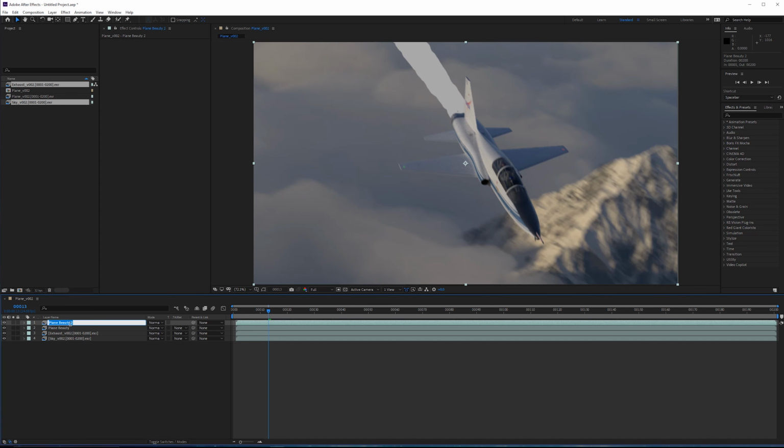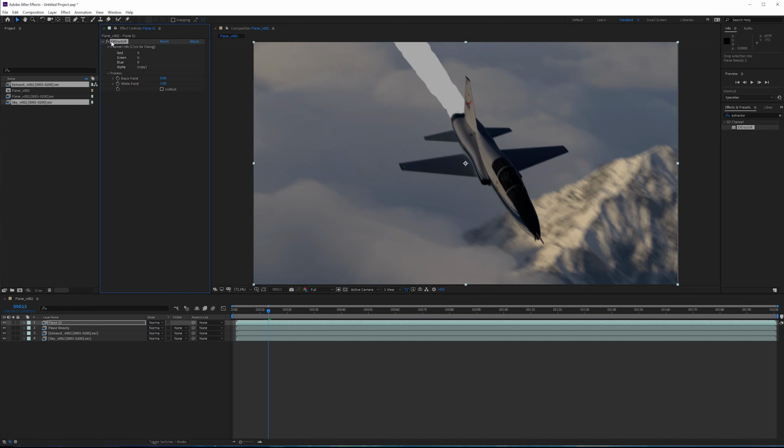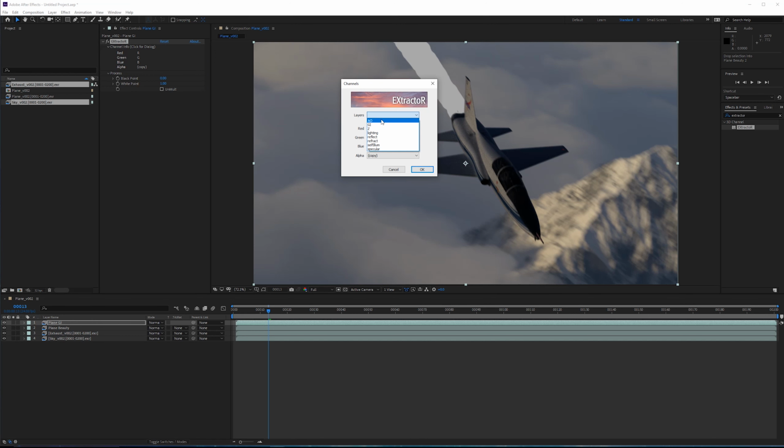Unsolo these now. And the very first pass that we're going to add is the GI or global illumination layer. So we're looking for an extractor effect. So the extractor effect, if you notice, it says EXR, they're all capitalized, and this is a way of separating passes of a multi-channeled EXR file. So to do that, we're going to select anywhere in this blank space, go into layers, and here we can see all of the different passes that we specified in V-Ray.